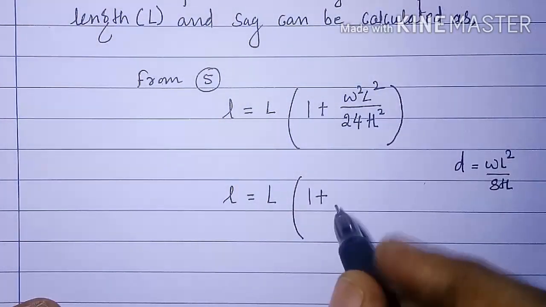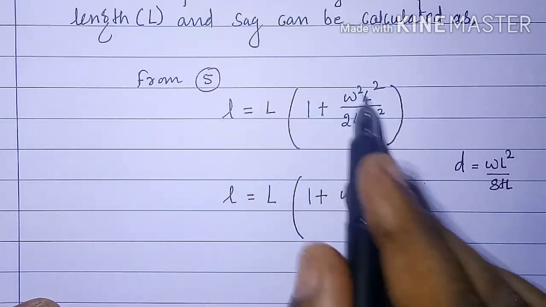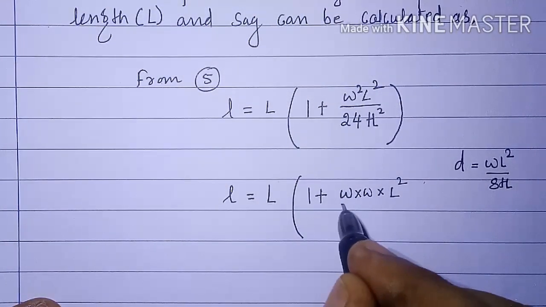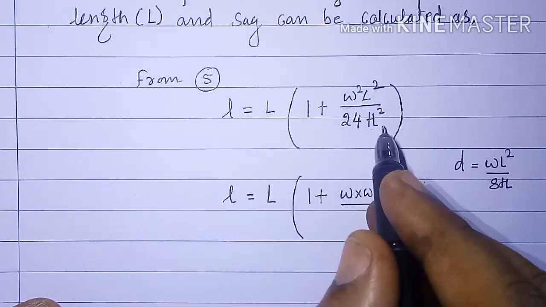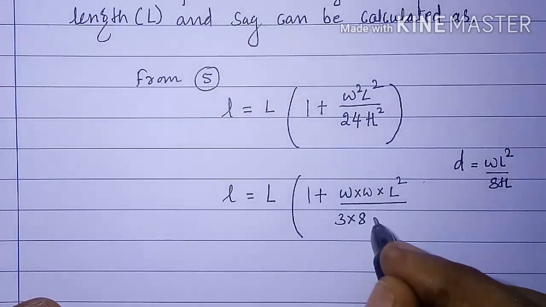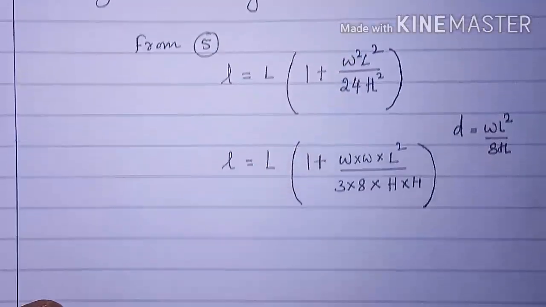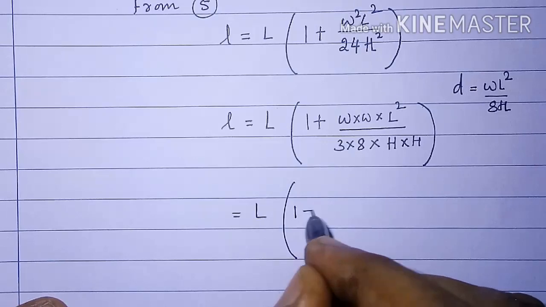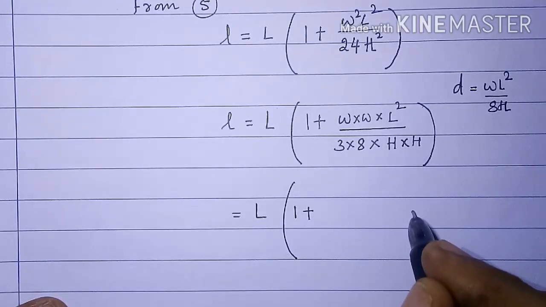Now here I need WL square, so I'll write W square as W into W into L square upon, and I need in the denominator 8H, but here it is 24H square, so I'll write it as 3 into 8 into H into H. So capital L into the bracket 1 plus WL square upon 8H, it will become D,